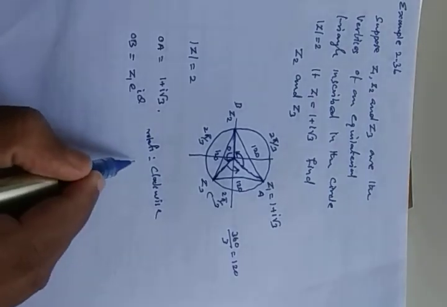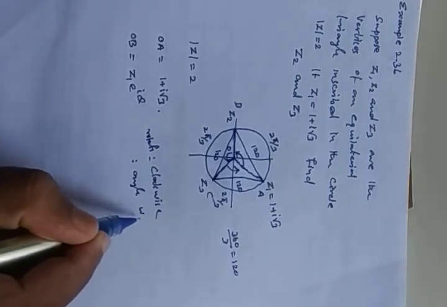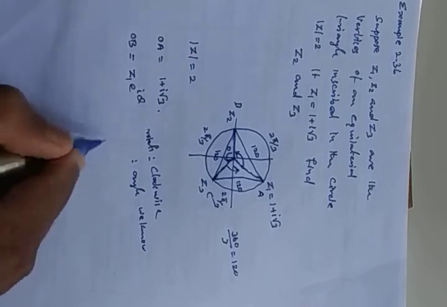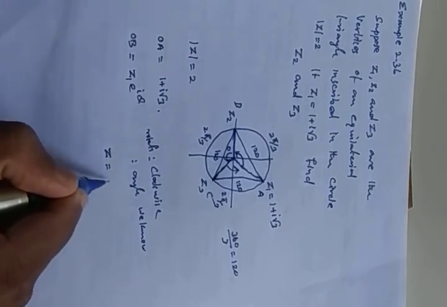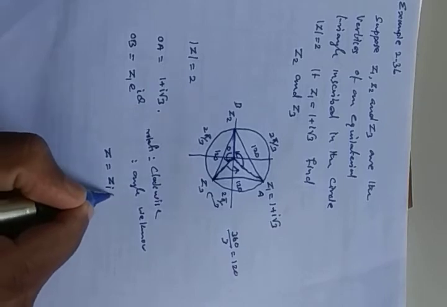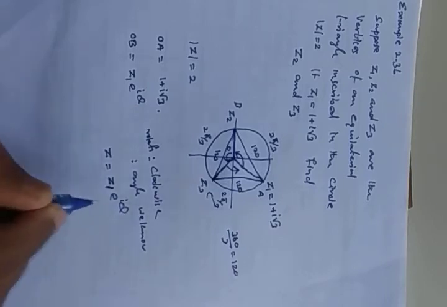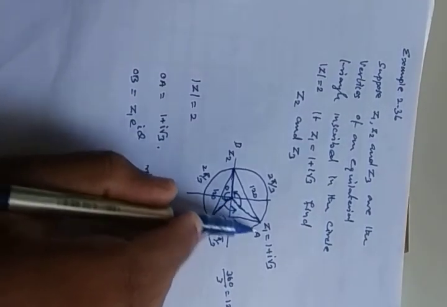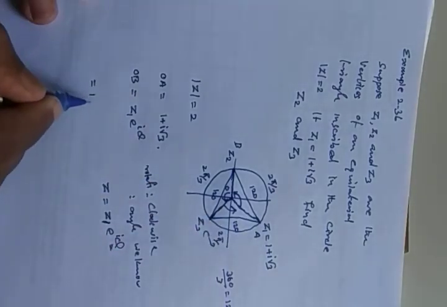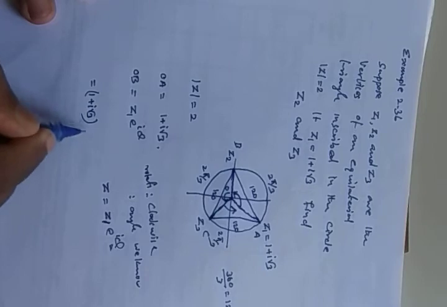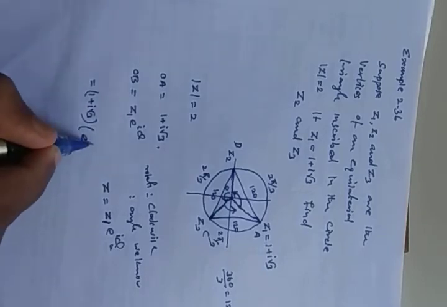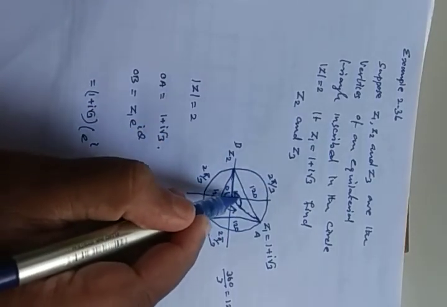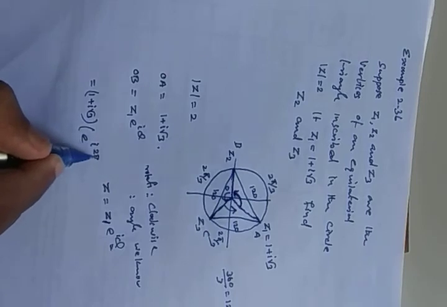And then the angle we know. If we know the angle, then how will you find the vector? That is another complex number. That known thing Z1 into e to the power i theta. Z1 itself we can write as Z1. Here you must know the theta value. Then you can simply multiply. Here Z1 is 1 plus i root 3 multiplied by e to the power i theta. What is the theta value? It is 2 pi by 3. The inclined angle from Z1 to the next one is 2 pi by 3. So 2 pi by 3 will come.